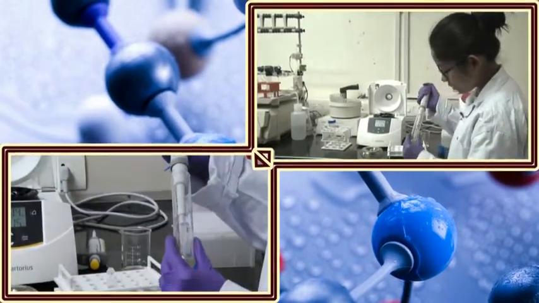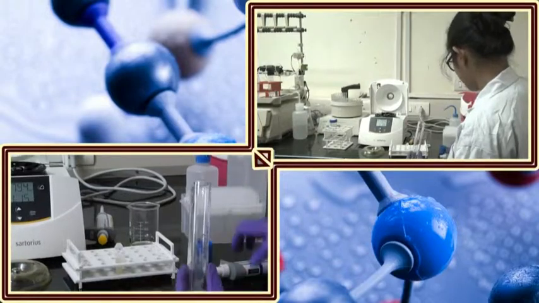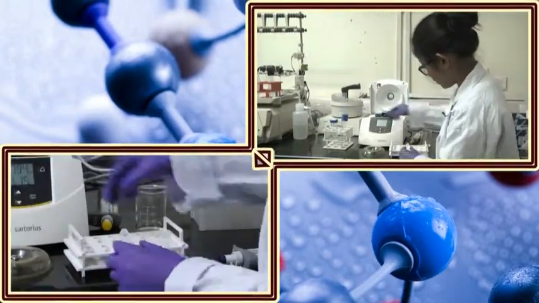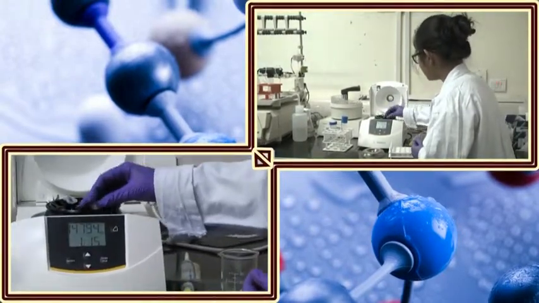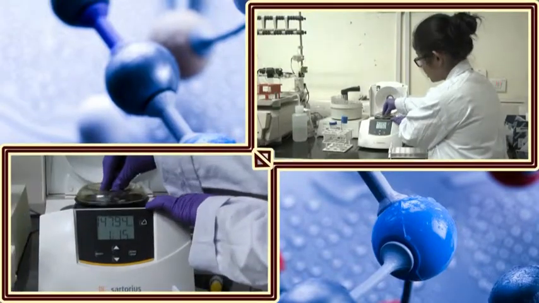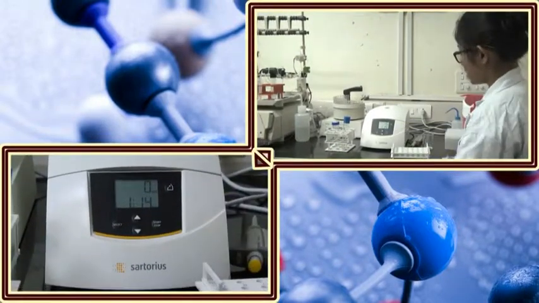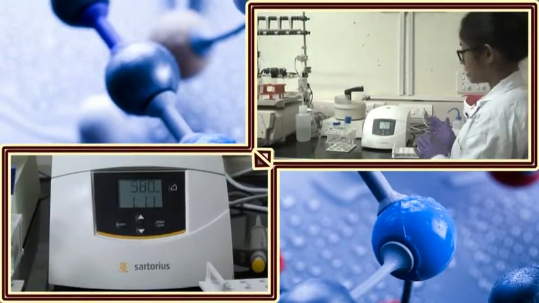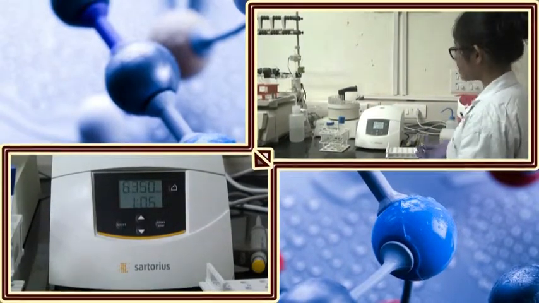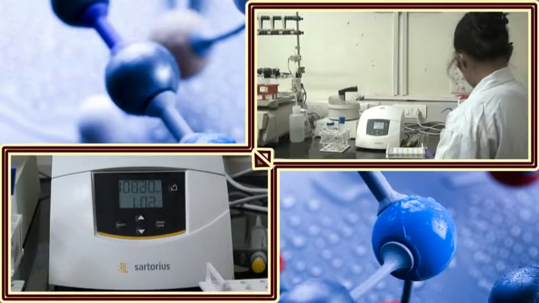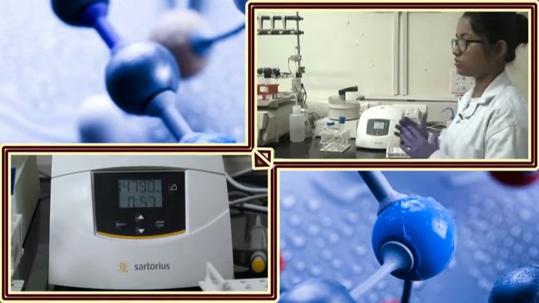So, I am taking almost 1.2 ml. You do not need to be very precise about this, because anyway we are going to take all the culture present in this tube. I am not changing the balance, because I took almost the same amount as previously. Always remember to put on the lid, close the rotor and again start, and always keep an eye. If the machine is making any kind of noise or showing errors, immediately stop the centrifuge machine. So, now again we have to wait for another 1 minute, and in the same pellet there will be another 1 ml. So, another 1 ml, all the cells will be in the pellet.